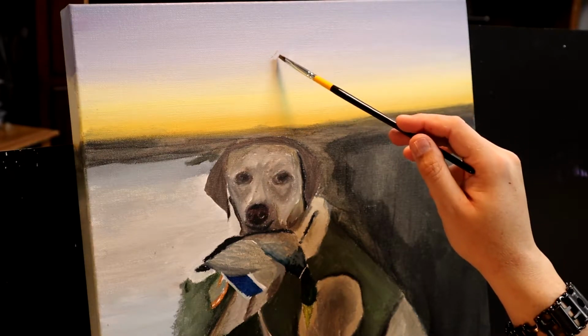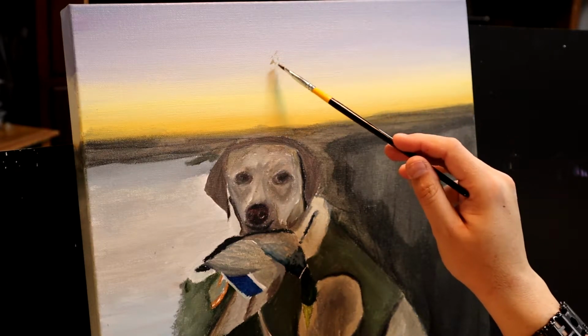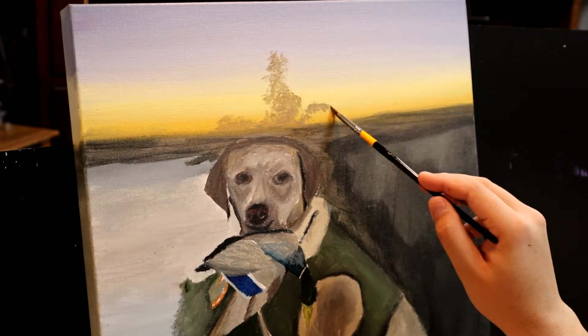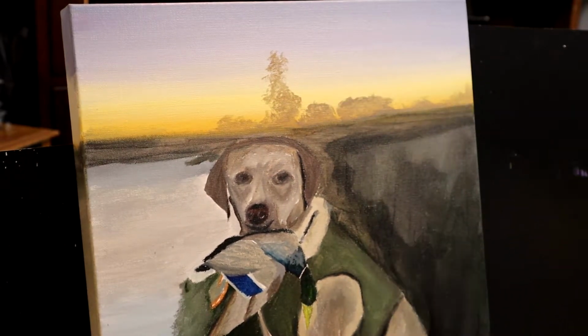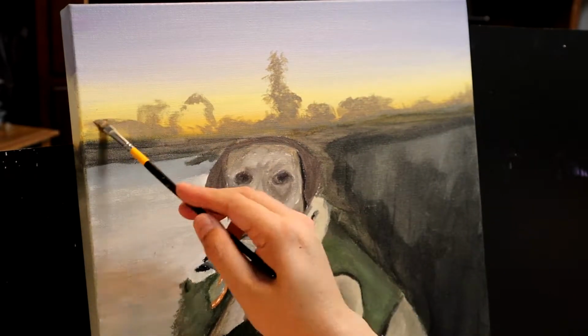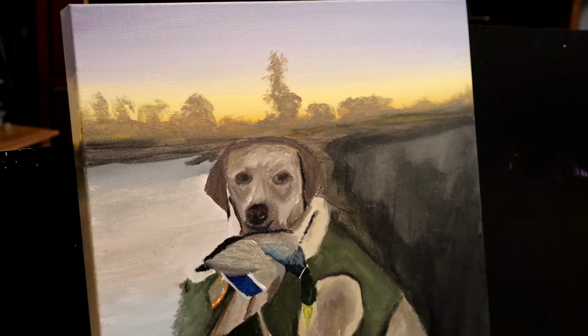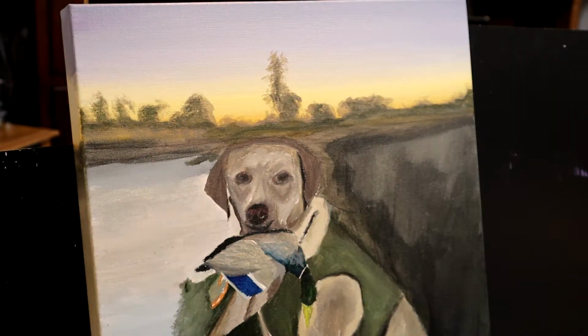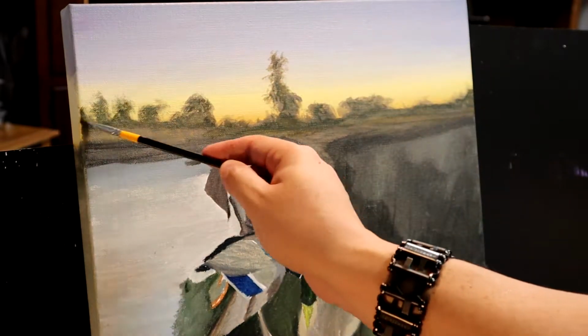So this tree line process is really laying in a really lighter faded out color first, and then darkening up the centers of it just to give it the appearance of it's off in the distance and there's a little bit of that sky glowing from behind it. So the central areas are a little bit darker and thicker where the tree trunks and the leaves in the middle of the tree are, with the edges being a little bit more transparent or translucent to see that background